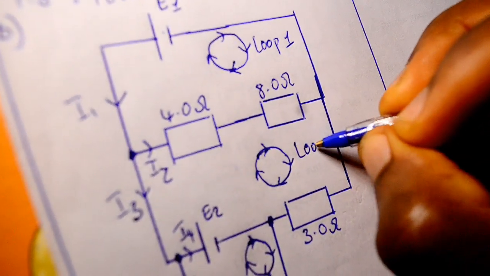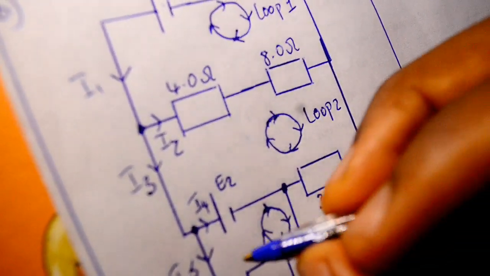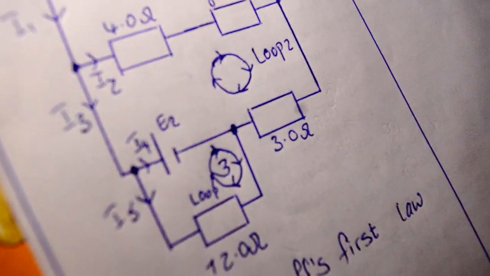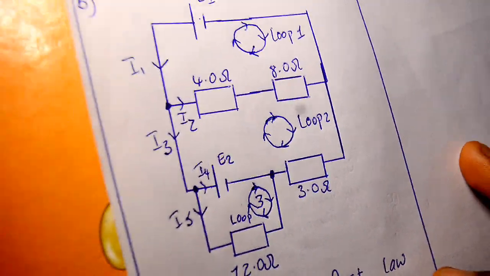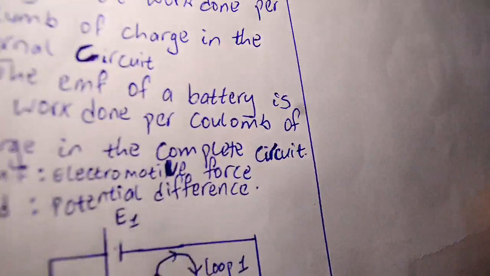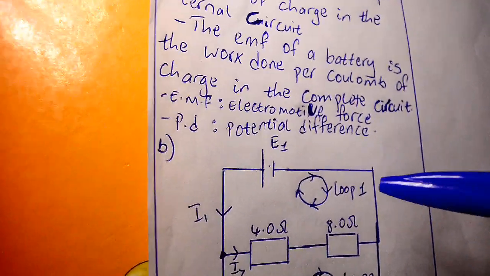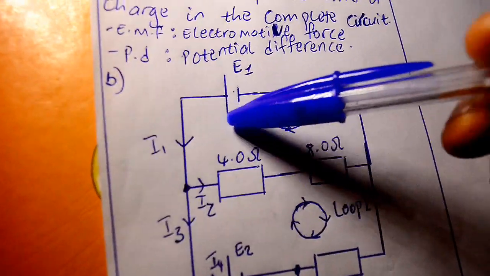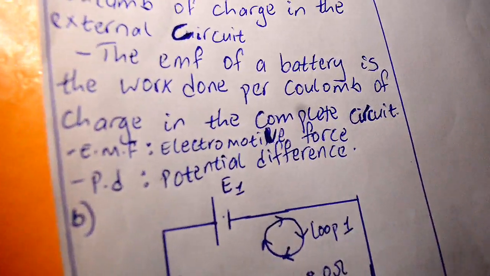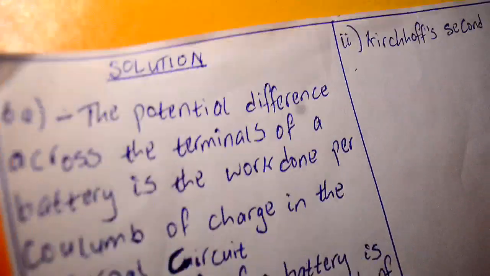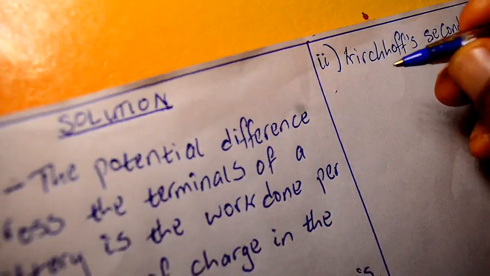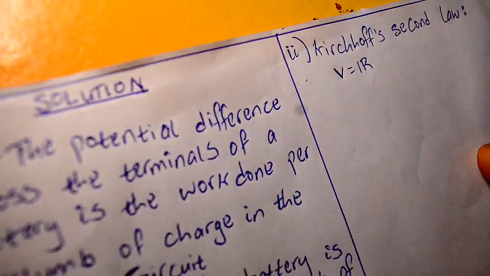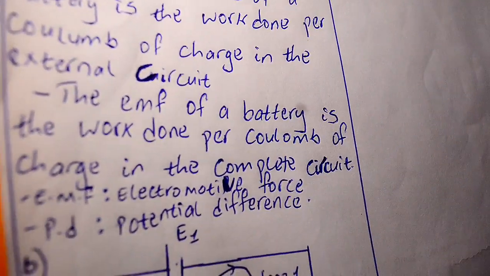This is loop 2. And this is loop 3. Okay, and you're looking for E1, the EMF of E1. So you use this loop to get it. How do you do it? You use Ohm's law, which says V is equal to IR,